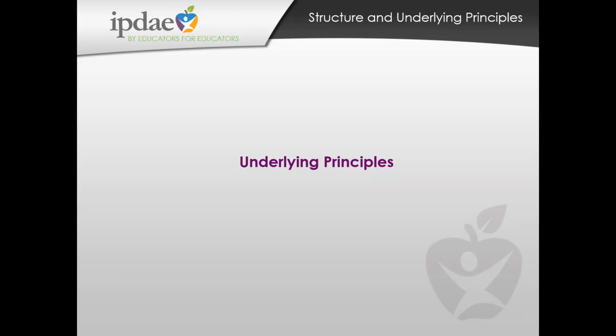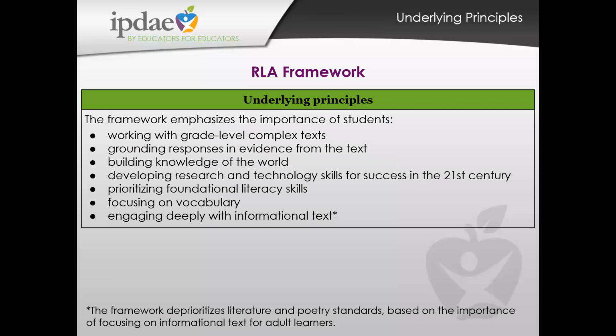So we went over a little bit of the structure. I want to talk about the underlying principles. As a reminder, it's really important. This is what kind of underlies the individual benchmarks that you see in the matrix. So it's kind of a reminder that even though the matrix lists all of the benchmarks in levels 1 through 4, we want to make sure that each benchmark is in the context of these bigger underlying principles that constitute the framework overall. So we want to keep these rather than thinking about each individual benchmark in isolation.